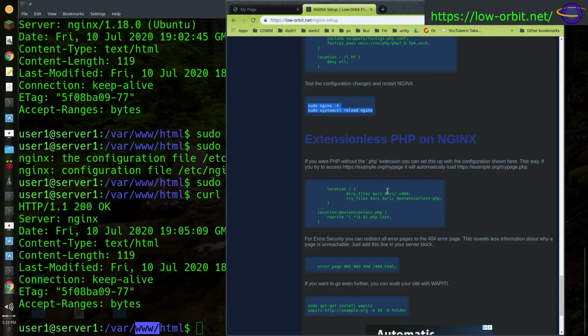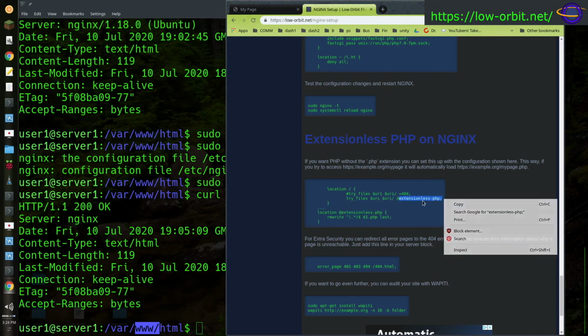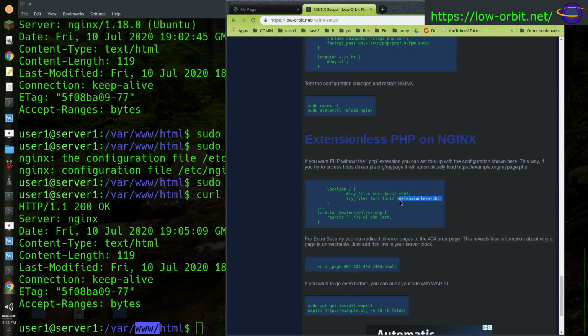And so you can have this thing that, if you type it in without the extension, will automatically add the extension. So under our location root, we comment this thing out and say try_files $uri /extensionless.php. So it's going to jump over to this extensionless PHP location, and we then have a rewrite rule